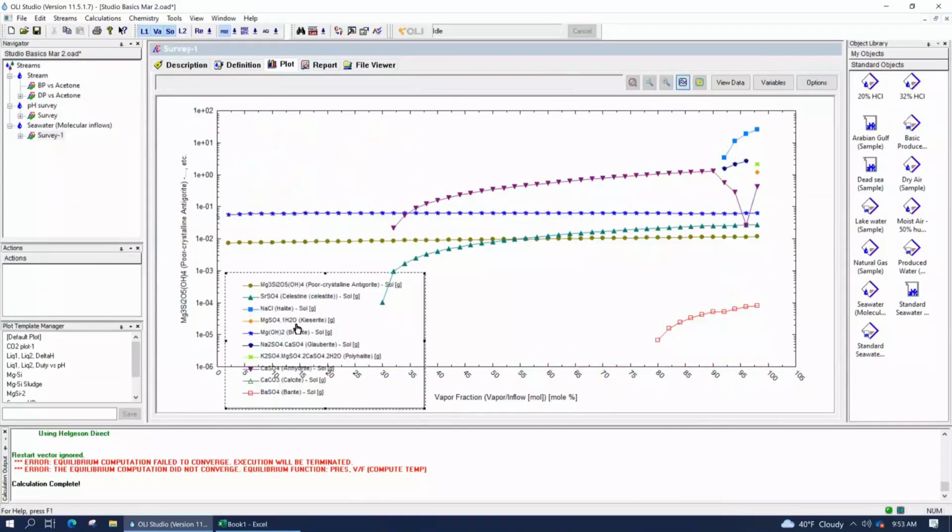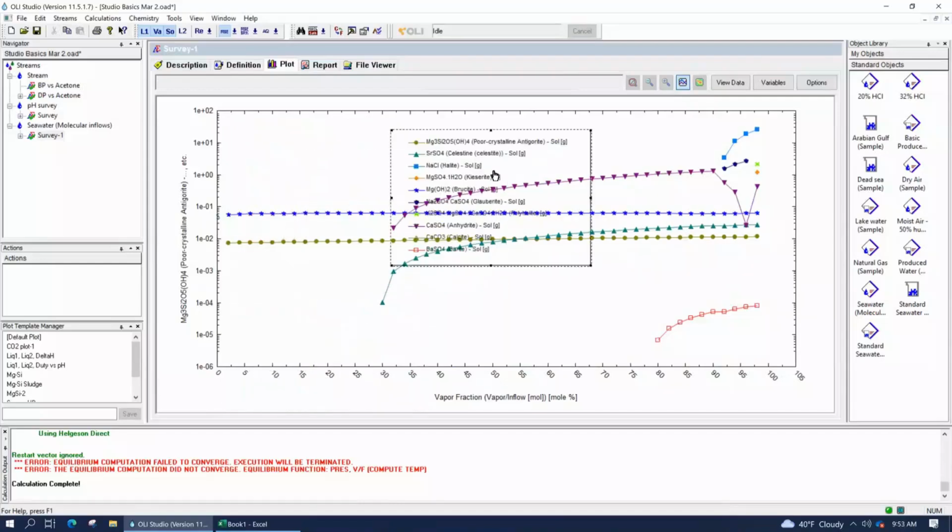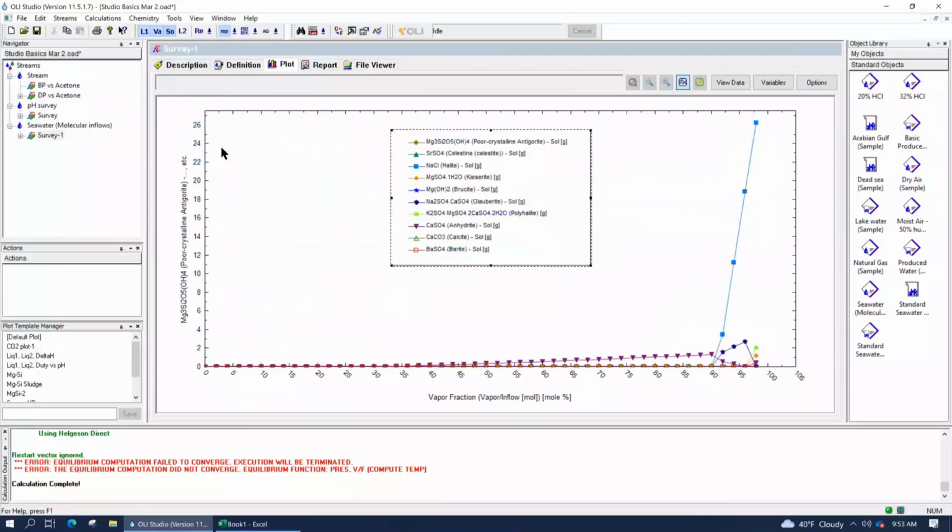Now this is one way of addressing the problem of having a large dynamic range of solids. In fact, if you look at the y-axis, I've got 1, 2, 3, 4, 5, 6, 7, 8 orders of magnitude on the scale here. So that's way too much to show in a linear scale. Okay. So that shows up by just right mouse clicking on log scale. Now let's reverse that. So right mouse click on it again and now get rid of the log scale. So we're back to linear scale.